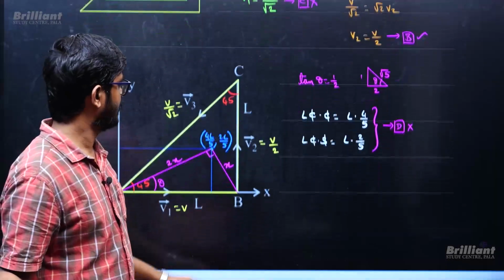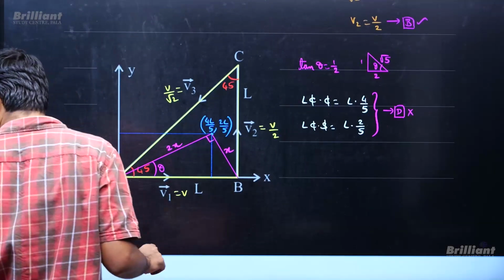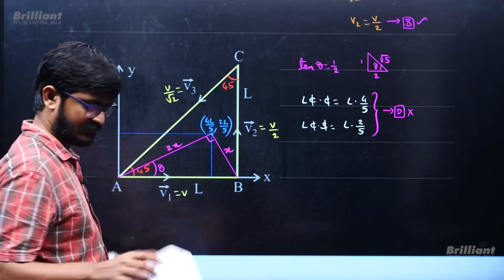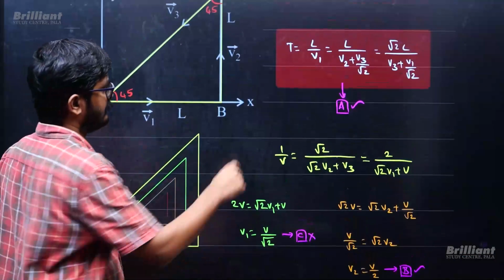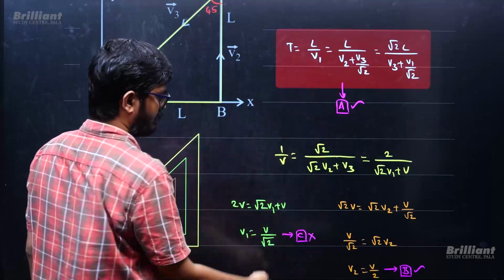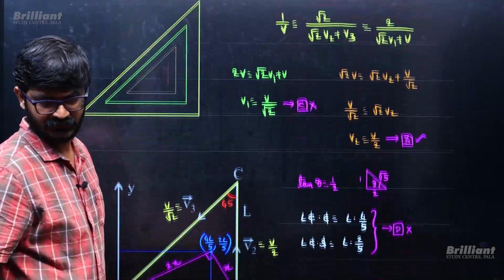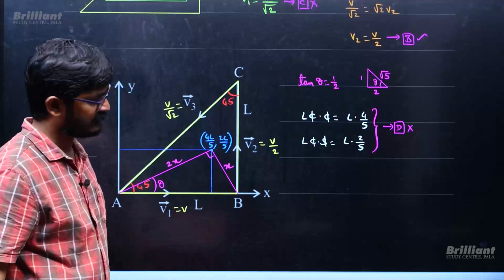Now I will be putting everything in the figure. So what are the answers we got? Option A, yes, everything. Time is L by V that we got from here. Now velocities of the other guys also we got. Now there is only one option left, that is